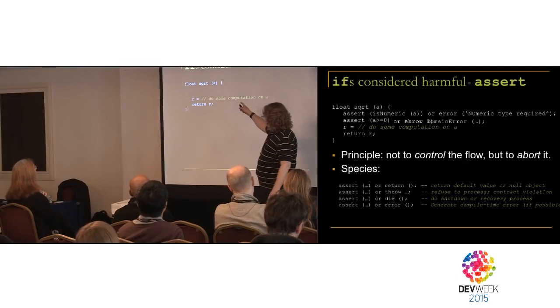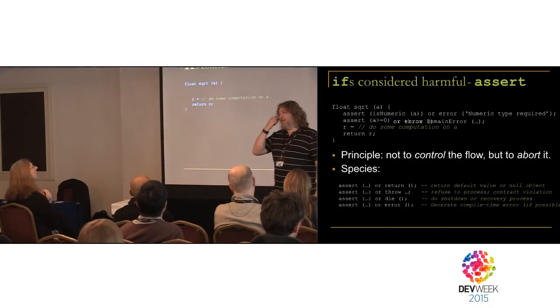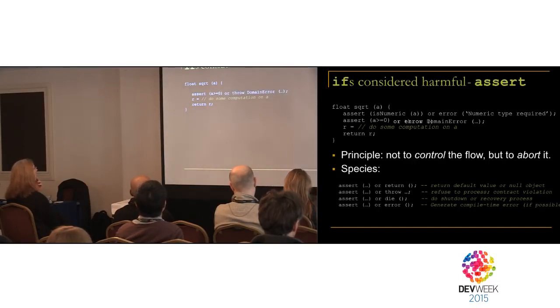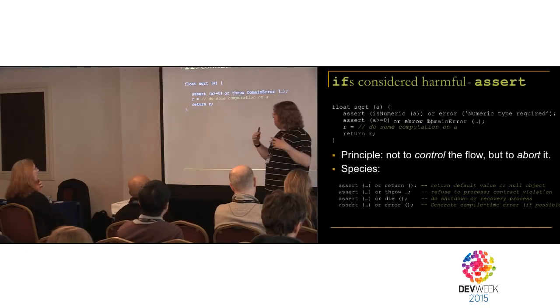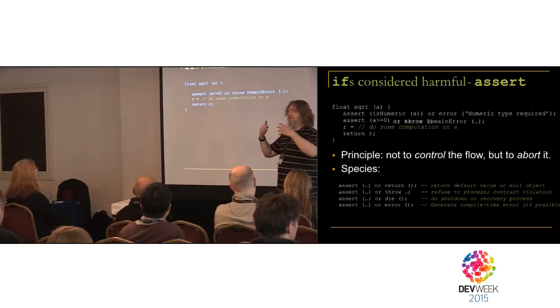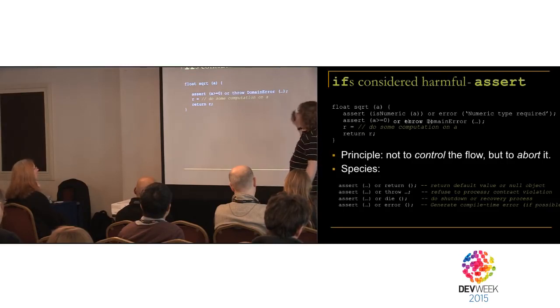So your complaint is that A might be negative. Okay, all right. So what would you expect to do about that? I would assert on it, yeah. Just like that. Now, I've expressed this in this way because I'm making the statement: this is what I want, this is what I think is a valid call. And if it's not a valid call, then this is the consequence. So that's why I'm throwing the exception. I'm being explicit about the action that I'm taking here. And that's the point I want to make here.